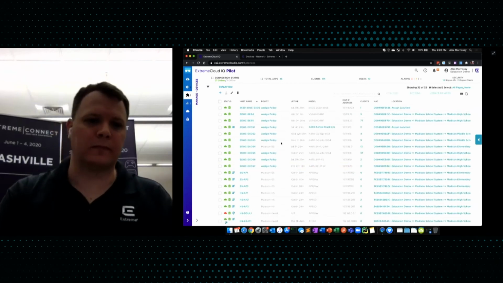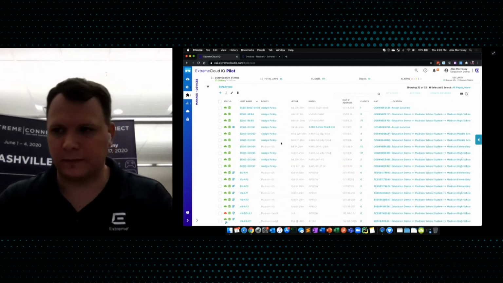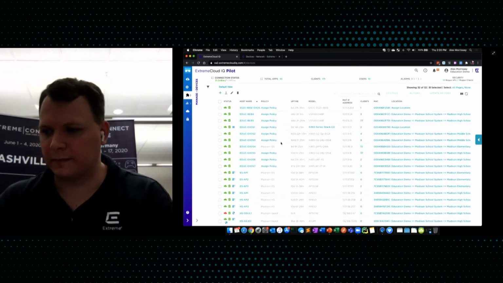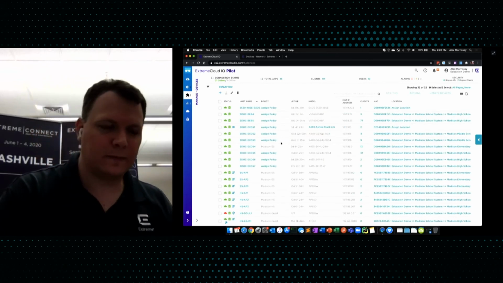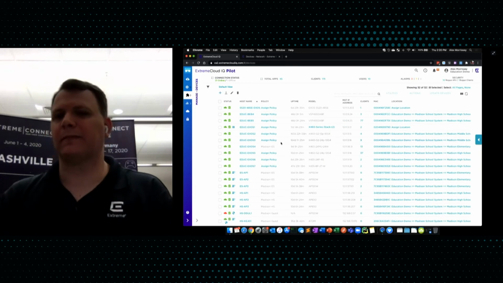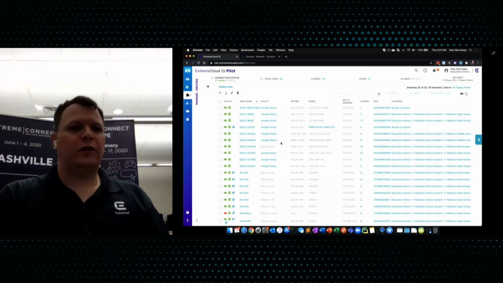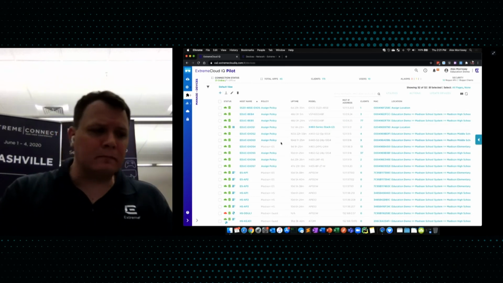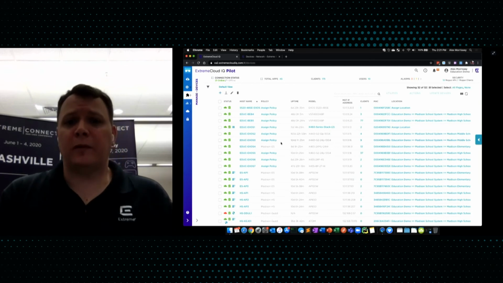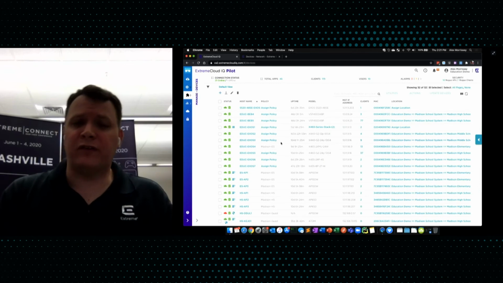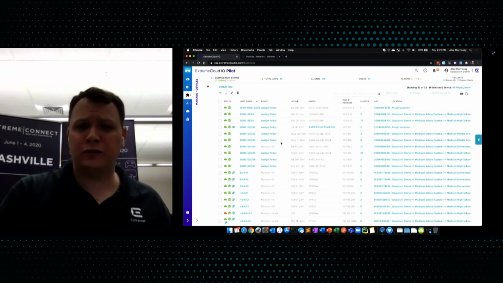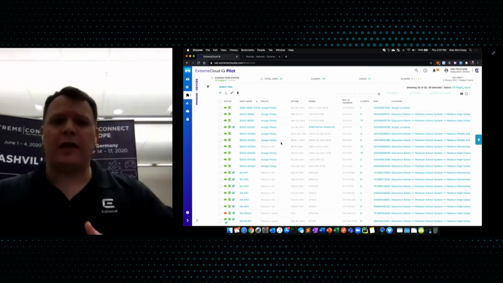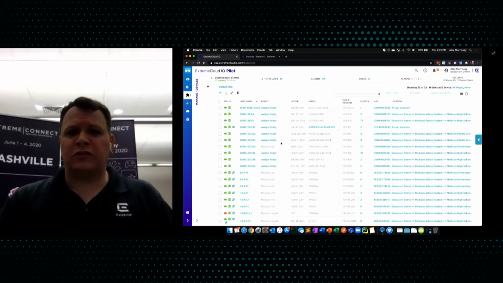Another question that came up: could you give a more detailed explanation of exactly how switches get up to the cloud? So to get a switch up to the cloud, the first step is to make sure you're running appropriate firmware. Most of our switches being shipped out have this code. If you have an older switch that's been on a shelf for a year or two, you might have to do a firmware upgrade. That being said, once you connect the switch to the network with no configuration, it will